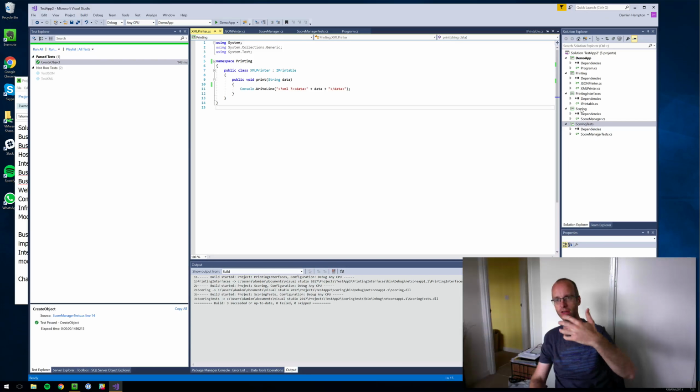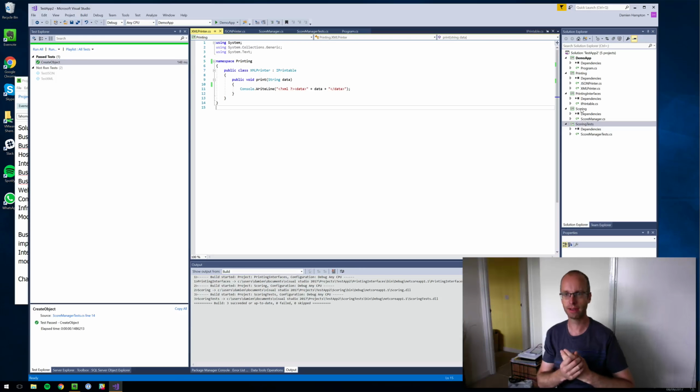You could go and create a separate assembly for every single class file. That's madness. Equally, if you've got one massive application and it's all in one assembly, chances are you're not going to have so much efficiency in terms of running unit tests if you're having to recompile code. So